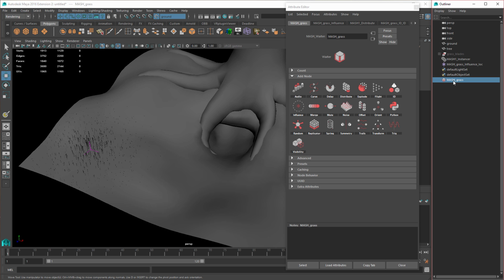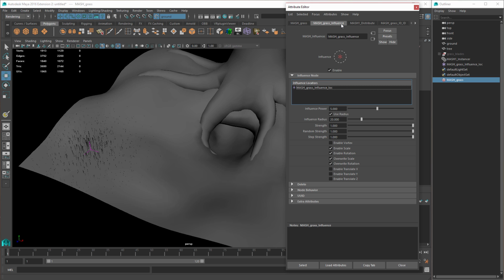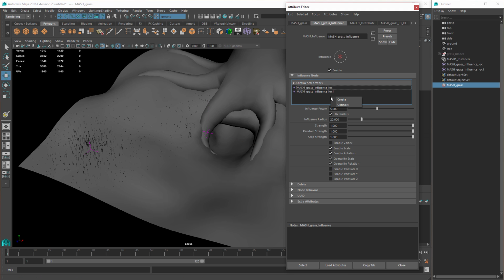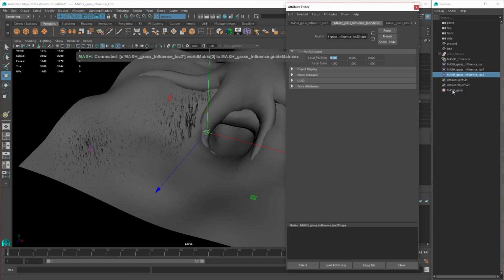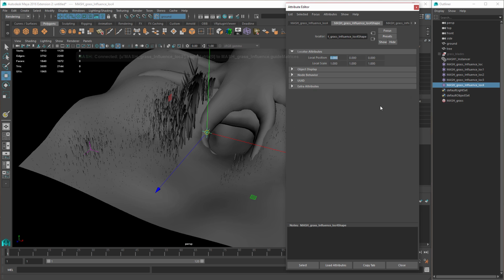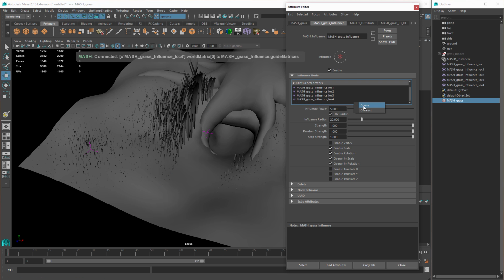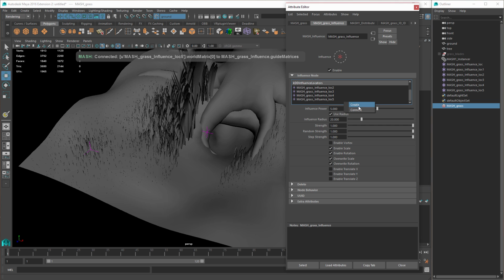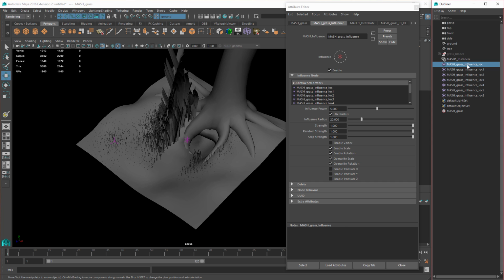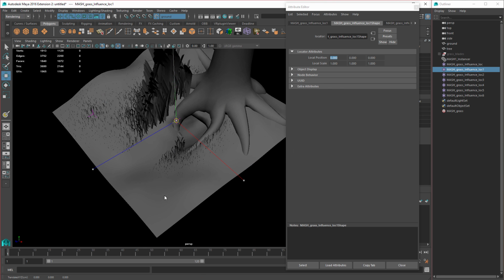Now what I can also do is go to the Mesh node, go to the Mesh Grass Influence, and right here in this window, I can right click and click Create. Come back. Let's go back in there. This is kind of annoying, but it selects the last locator created. So I'm going to click Create, and I'm just going to keep clicking Create to add a bunch of different locators. Like that. So now you can see the grass is getting really tall because the locators are all stacked on top of each other. But as I start to spread them out,